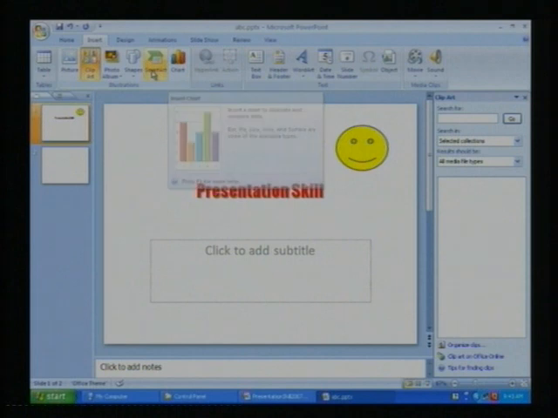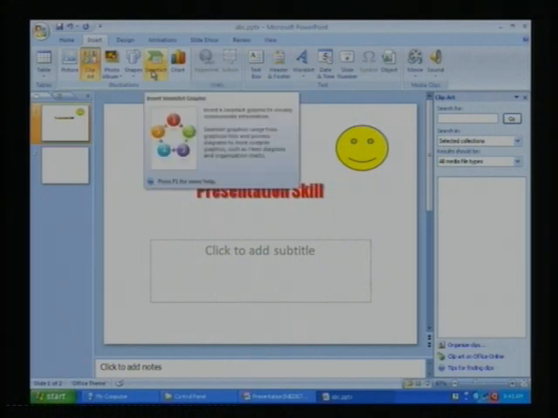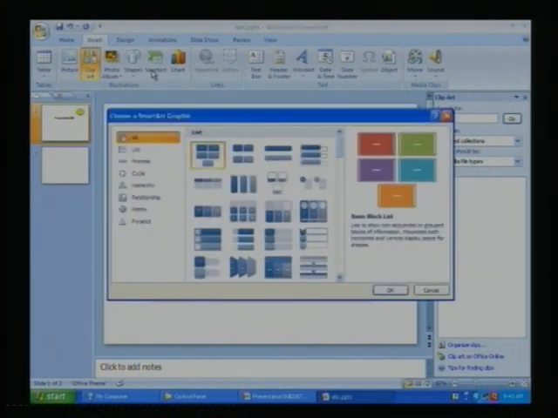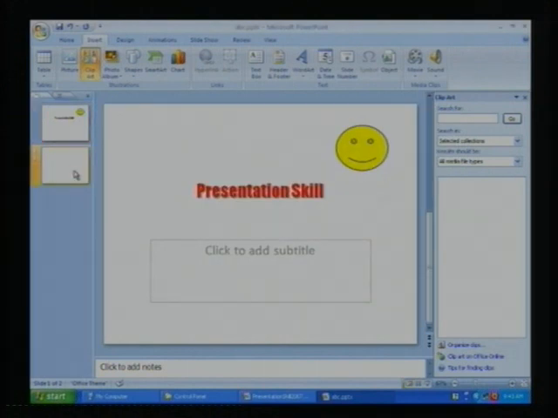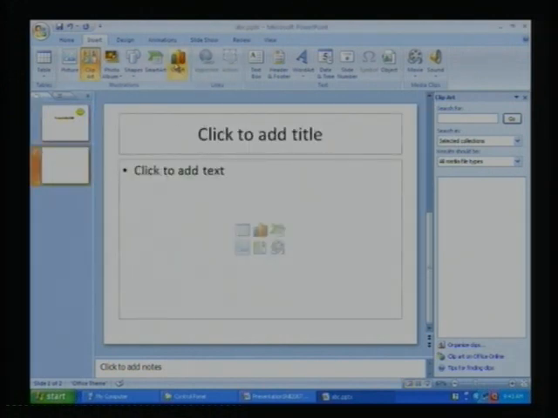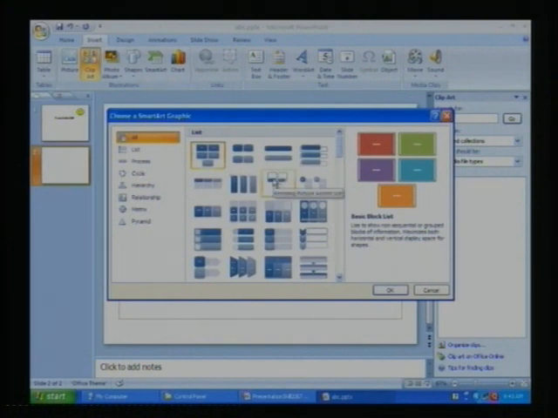Then, if you are working with a commercial organization in which you have to show a hierarchy, you can use SmartArt. I will select a new slide so it will be easier for us. By using SmartArt you can show a hierarchy of work or an explanation.